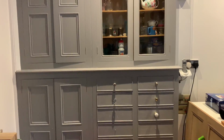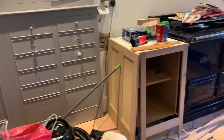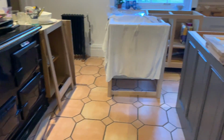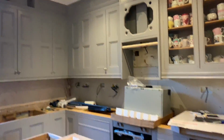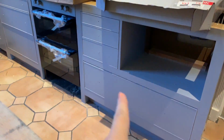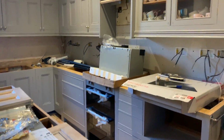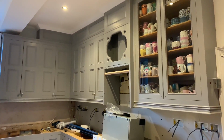And then we've got this lovely unit here. I love that one, that's going to be one of my favourite ones. So still very messy, but it's getting there. Just taking time, but that's what happens, isn't it, when you do up houses. And that hole there is for the microwave. So this is all pre-existing. These are all the units that were made in the 80s, and I think they look great with